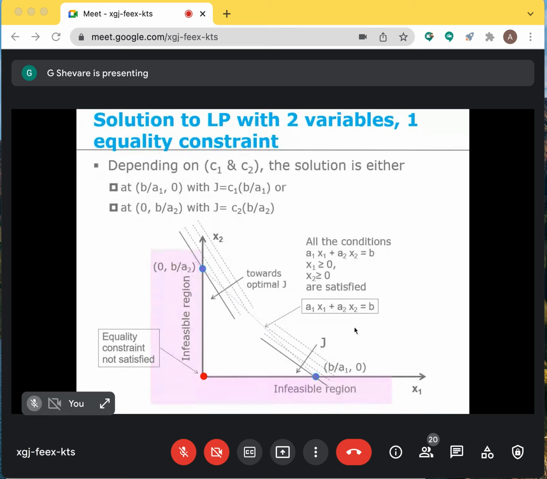See, the dotted lines and the arrow along the dotted lines, the one that is showing here, that tells you how the solution would be moving if you change the value of C1, how the value of J will change as you go along the line which is parallel to that line. The dotted lines are the design candidates for which J is constant. Okay.